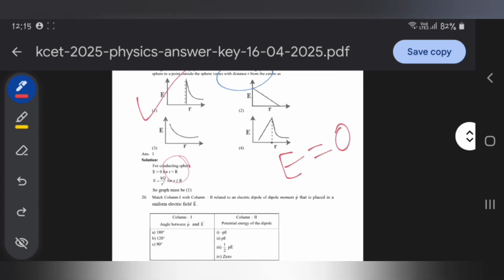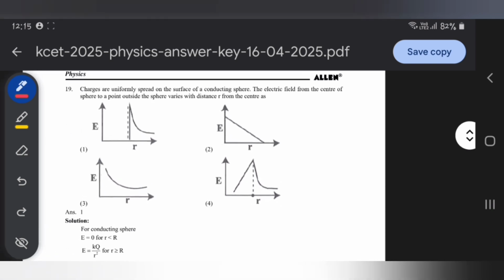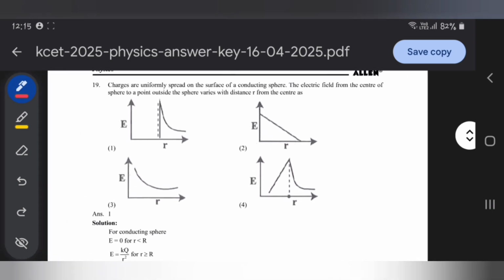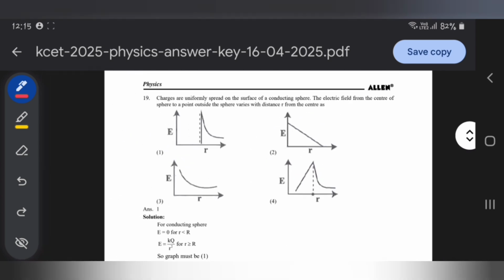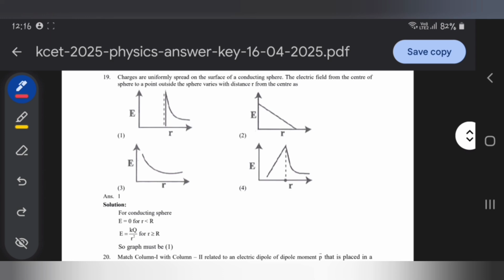Okay, so this is what you should remember. This is basics, so nothing to worry about, just go through those graphs. If you're appearing for next year's competitive exams, I'm suggesting that you go through those graphs. They're very important. If you want, you can take a screenshot. So let's move to the next one.